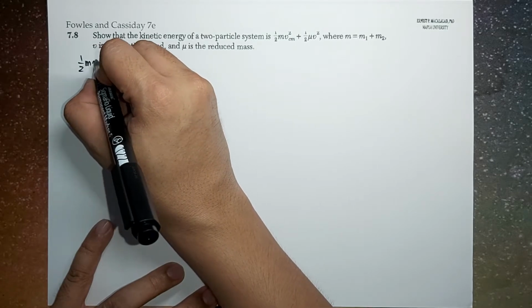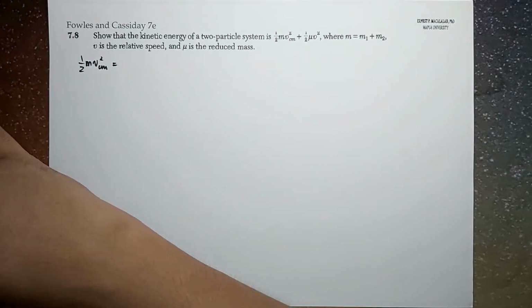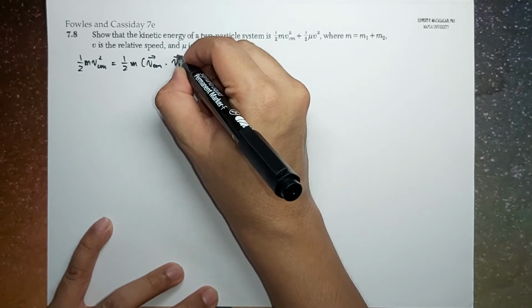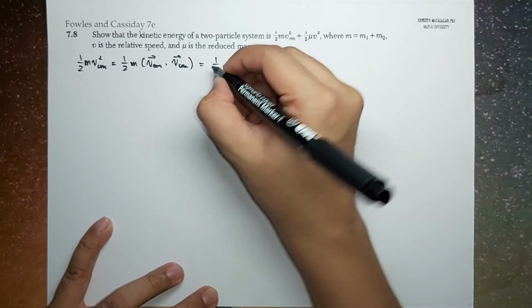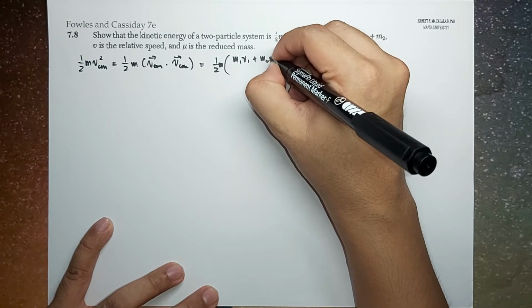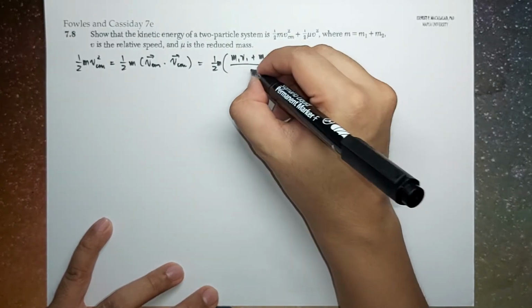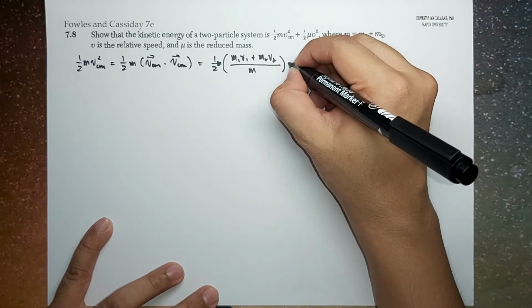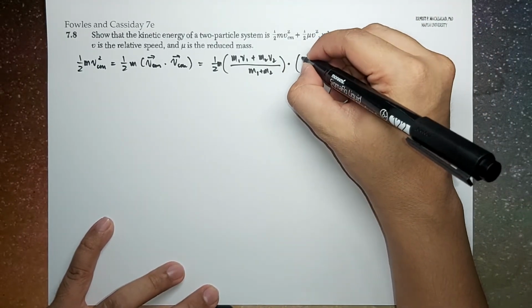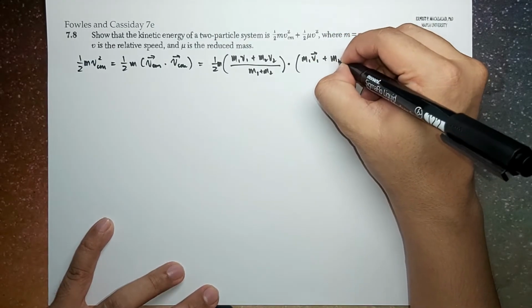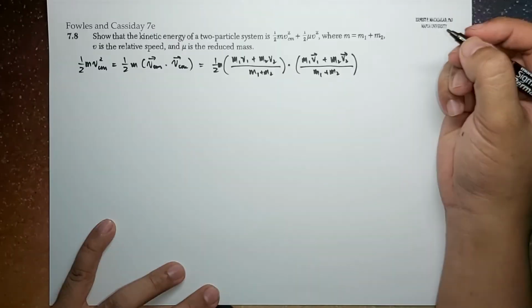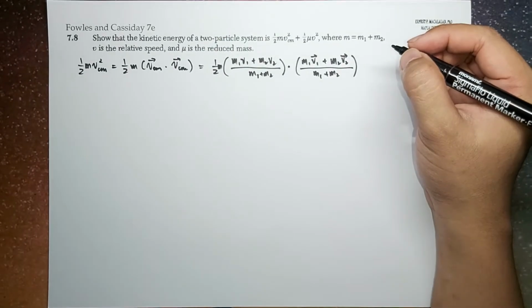1/2 m V_CM squared, which is equal to 1/2 m V_CM dot V_CM. V_CM is equal to (m1 v1 plus m2 v2) over m. So this is 1/2 m times (m1 v1 plus m2 v2) over m, dot (m1 v1 plus m2 v2) over m1 plus m2, which is m. Okay,